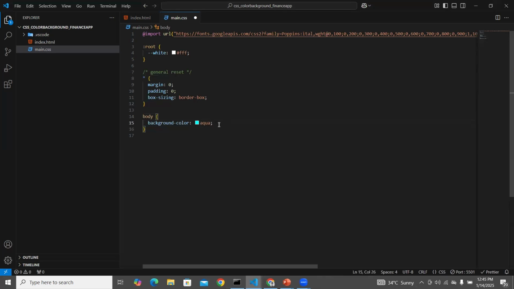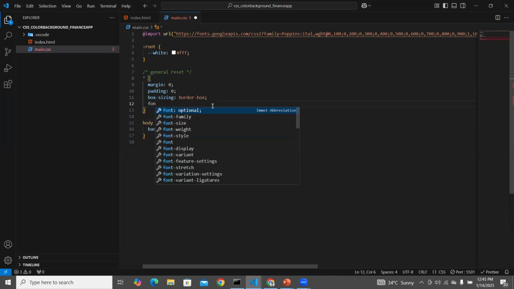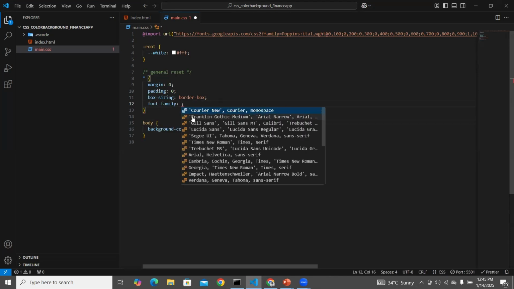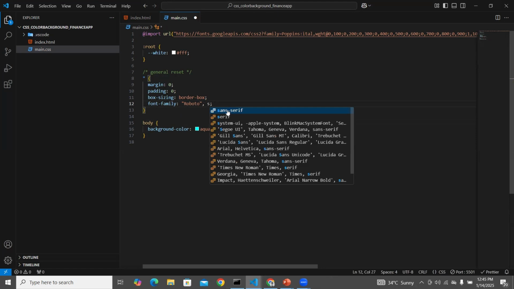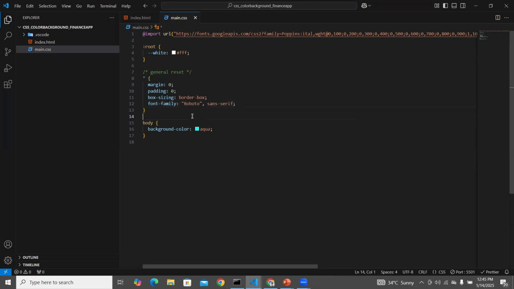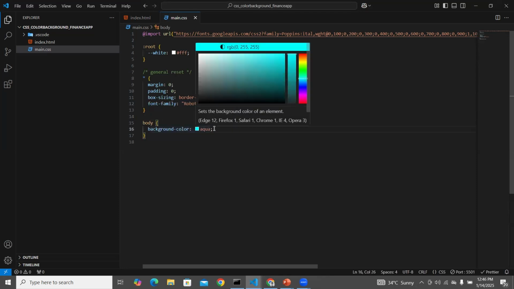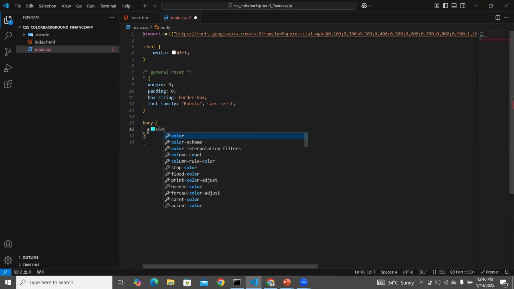So here, what I want to do next is to set the font family, right? Font family, I think I'll be using Roboto, then fall back to sans serif. Then we can now come to the body. For the body, we are going to be setting the color. So I can remove this now, set the color